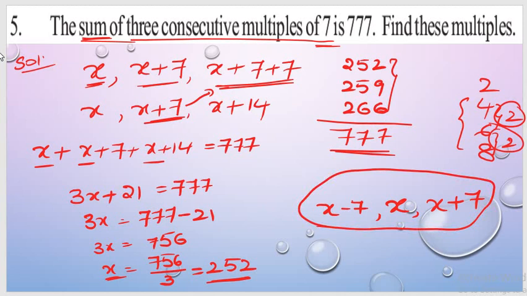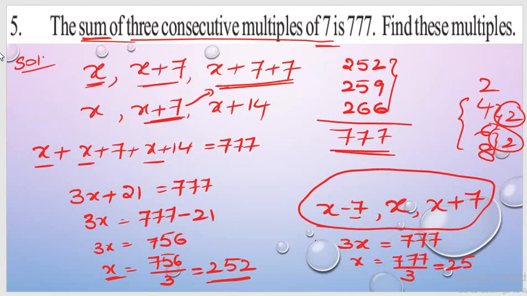On adding these 3, what are you going to get? Minus 7 and plus 7 get cancelled. Directly I am going to get 3x is equal to 777. So from this, x is equal to 777 divided by 3. Which gives me, 3 2s are 6. So how much is left? 1. So 17.